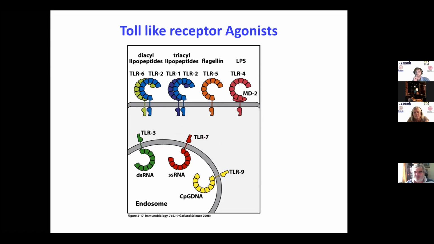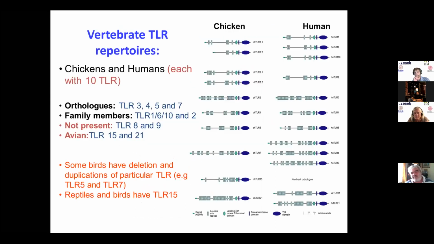Those TLRs that are found in endosomes are really the nucleic acid recognizing TLRs primarily, and they include TLR3, which recognizes double-stranded RNA, TLR7, single-stranded RNA, and TLR9, unmethylated CpG motifs in DNA. So they have a range of different specificities to different types of molecule that pathogens find it difficult, but not impossible, to change. So if we were to consider vertebrates generally, I've just picked a simple comparison of chickens